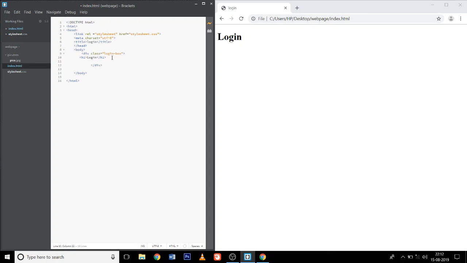Okay, and then here again I'm going to create one division, and I'm gonna name it as the class equals, I'll call it as text box. Okay,